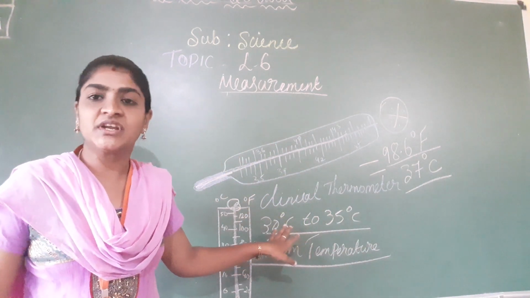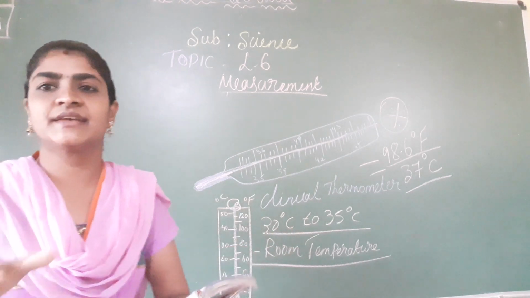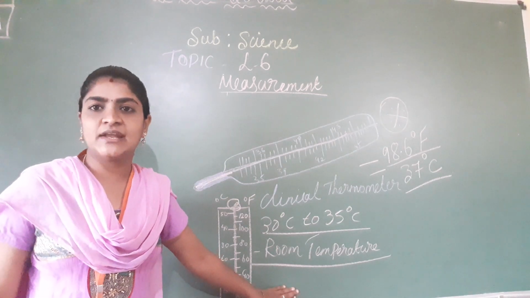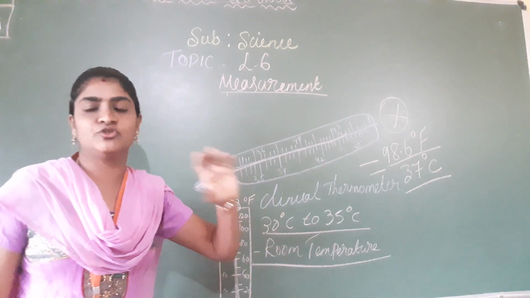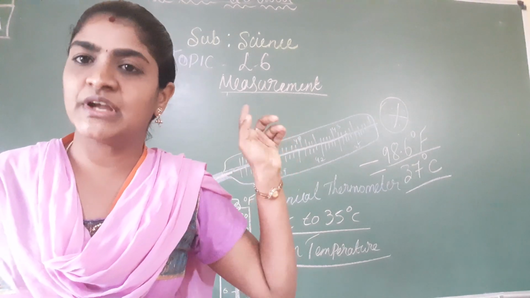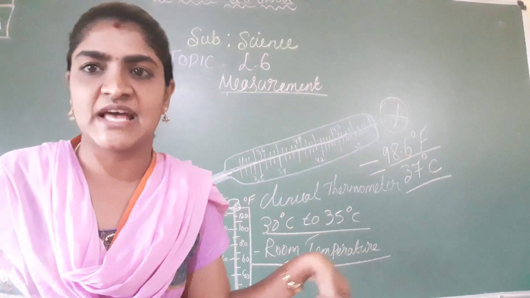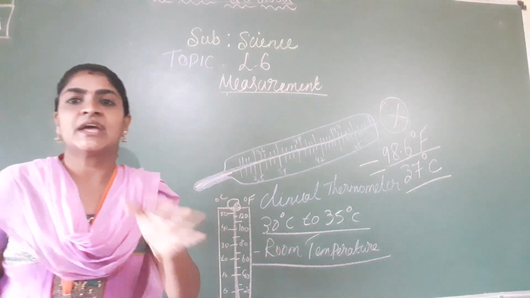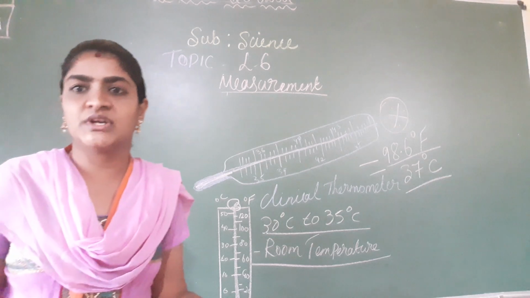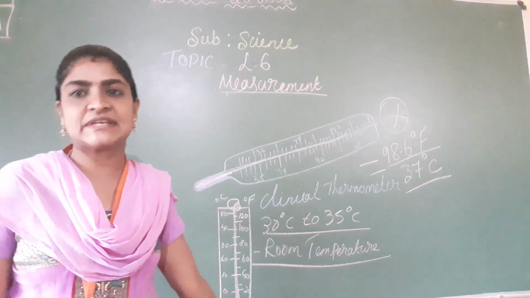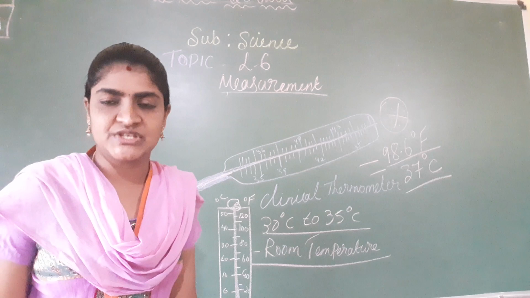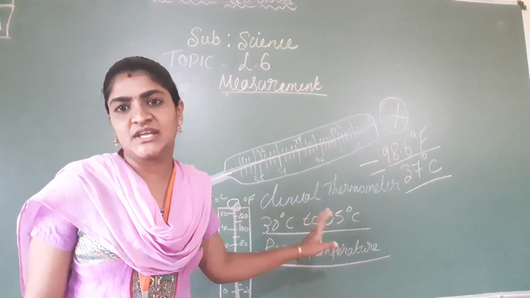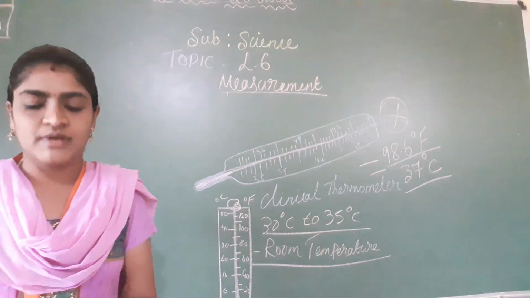But in foreign countries, it is ice frozen. So with the help of the room thermometer we can also measure minus degree Celsius. We can calculate the temperature inside a refrigerator, what temperature it is having. Using the room thermometer we can measure the temperature in a room or wherever you want to know how much the temperature is. The normal room temperature is 30 degree Celsius to 35 degree Celsius.